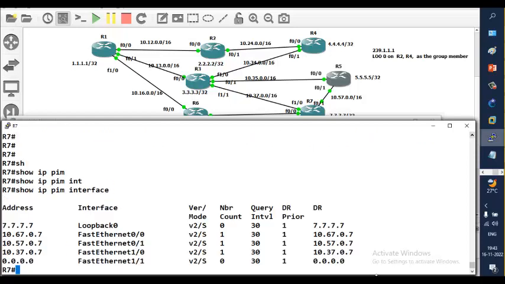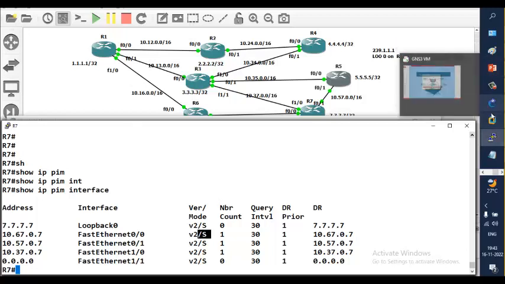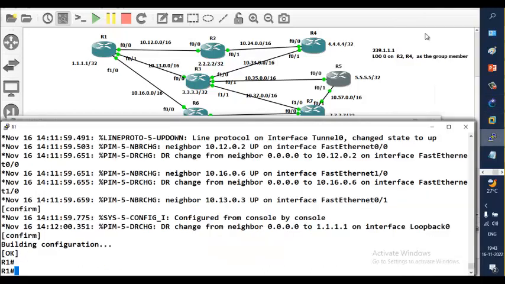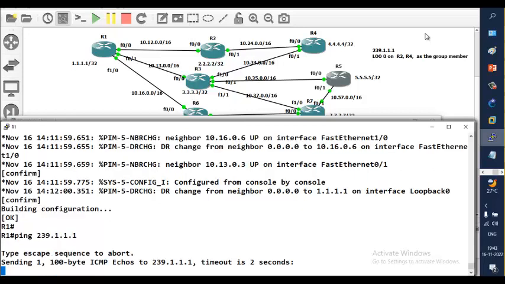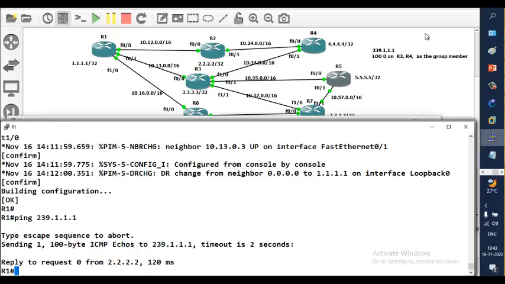You see now it's version 2 and the mode is only sparse mode. Go to R1 and try pinging, the ping won't happen. The ping won't happen because we don't have RP. What? I'm getting a reply. I'm getting a reply from router 2, which means,